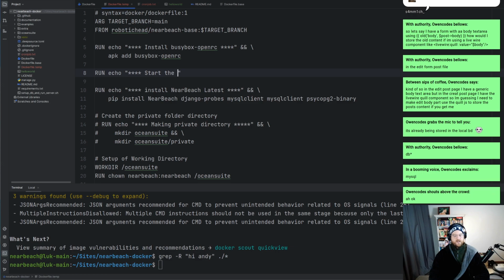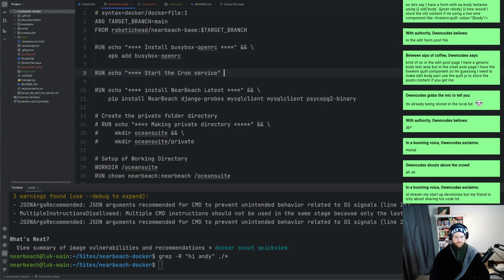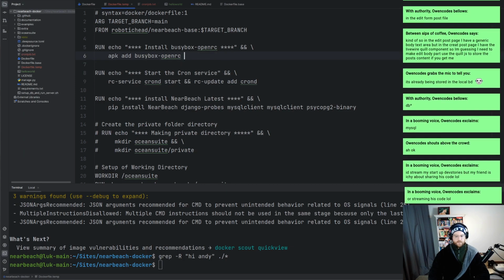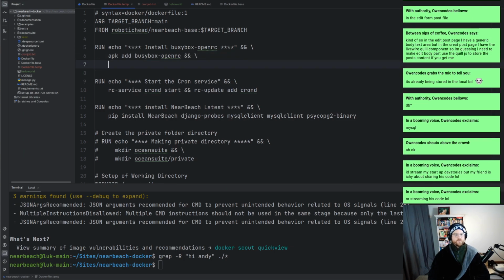Start the cron service. Oops. And what I need to do is I need to copy ocean